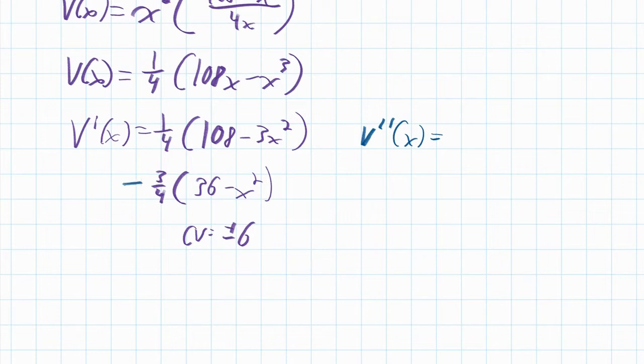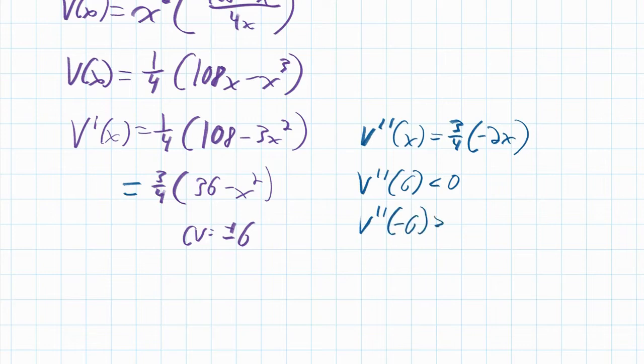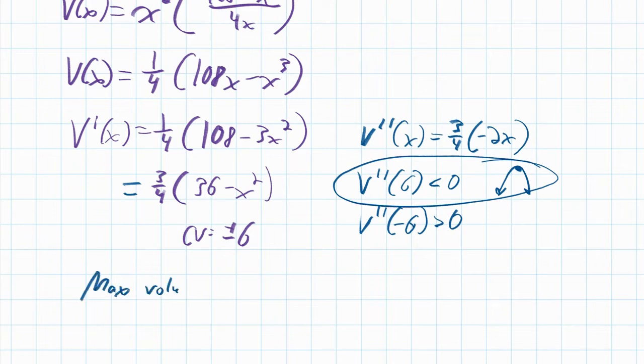V double prime, if I go off of this one, it's going to be 3/4 times negative 2x. So V double prime of 6 is less than 0, and V double prime of negative 6 is greater than 0. I want the one that's going to produce a maximum volume. Less than 0 means concave down, so this one does it when you have 6. You also can't obviously have a side length of negative 6, but it's nice to see how it mathematically works out. So I can say that we have the max volume at x equals 6 inches and y equals,